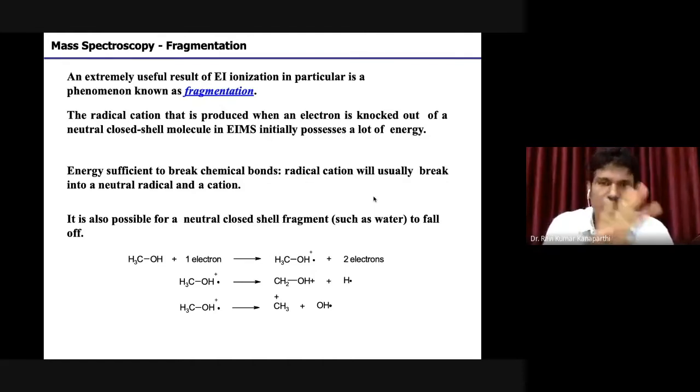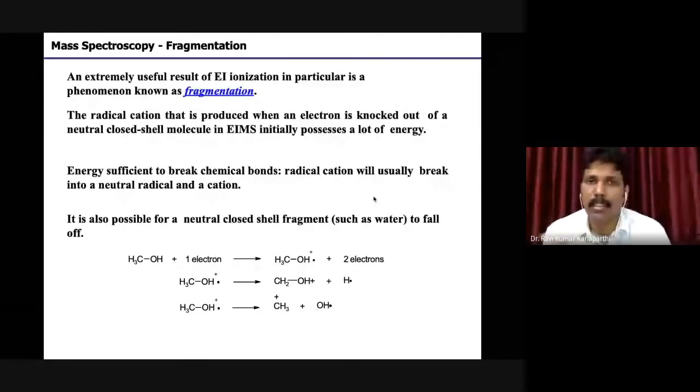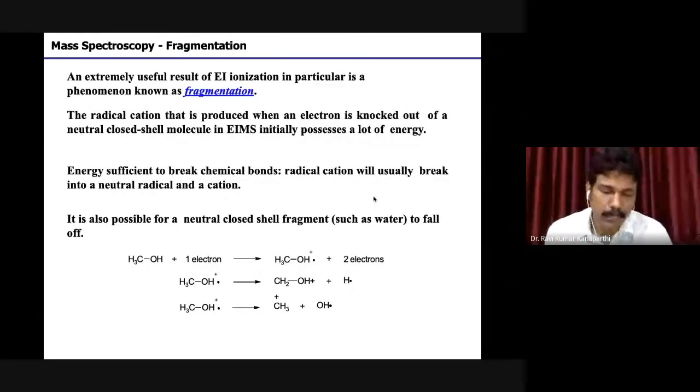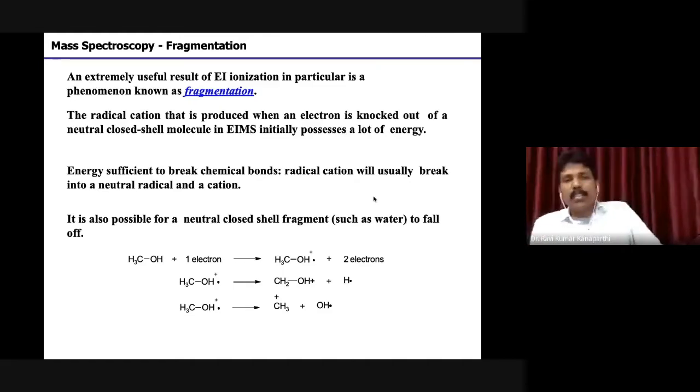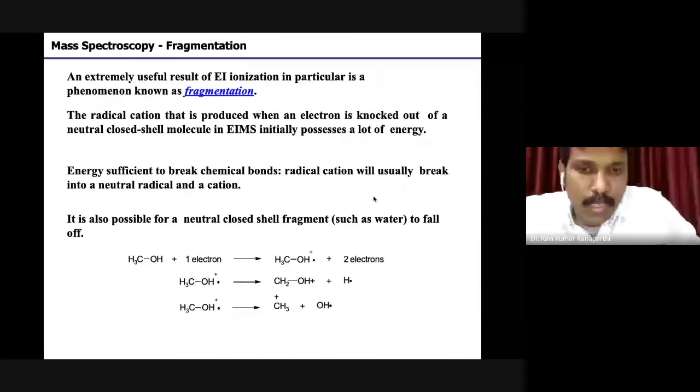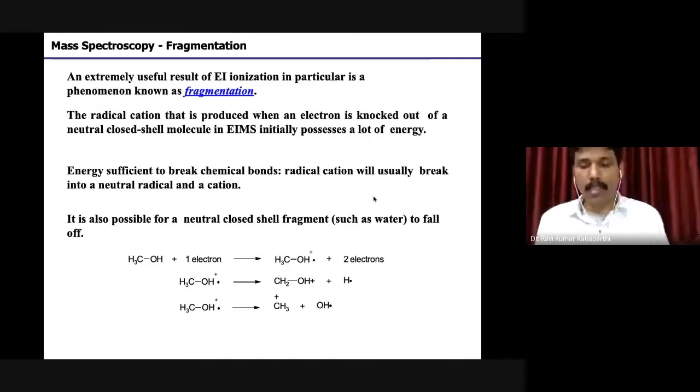We have learned several ionization techniques, and the ionization technique for the MSc course is generally EI or CI, electron impact ionization or chemical ionization. A mass spectrum will be provided to you to analyze the data. Mostly it is an EI mass spectrum, but sometimes a chemical ionization mass spectrum can also be given to interpret the data. Please remember that.